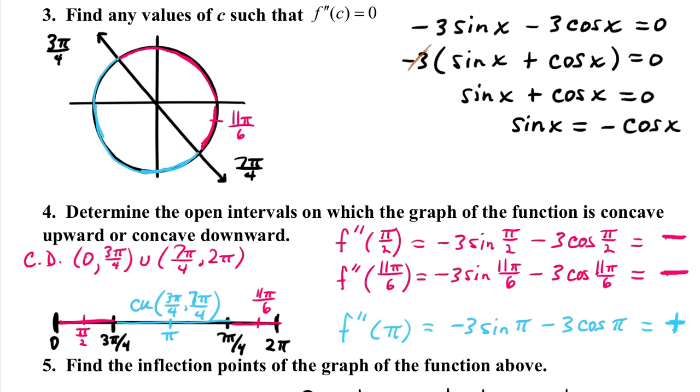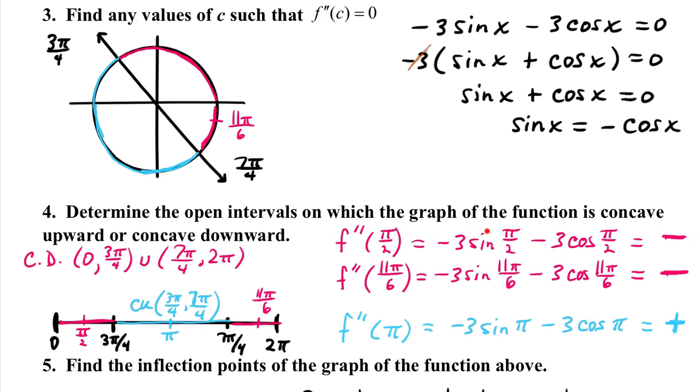In the second derivative, we're going to test numbers between and around 3 pi over 4 and 7 pi over 4. We also have to be mindful not to go all the way to 0 or all the way to 2 pi because we're looking for open intervals. So somewhere between 0 and 3 pi over 4, you guys suggested pi over 2, that's a great choice. If you test the second derivative with pi over 2,